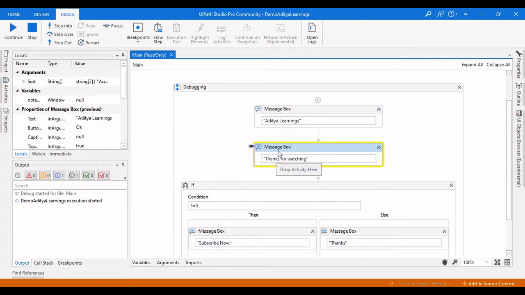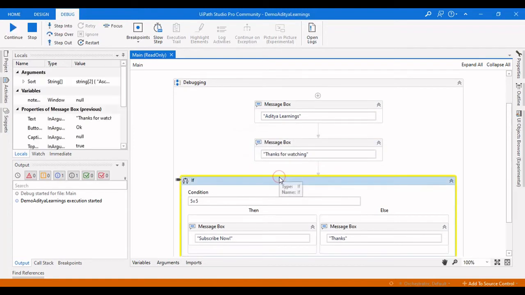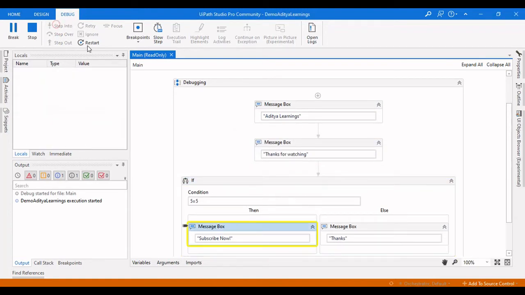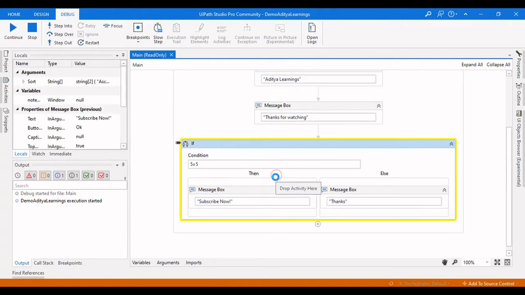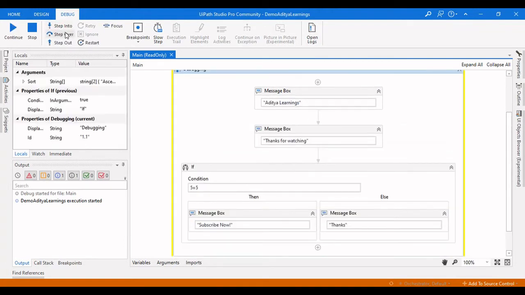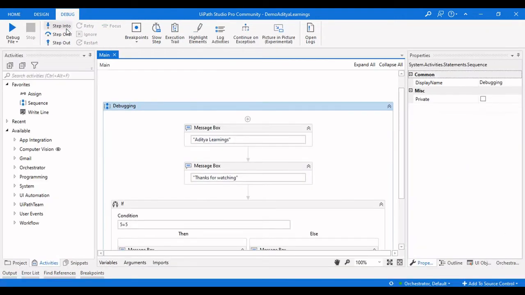It is correct, so it is going to the next step. If you click on step into again, it will check this particular activity, and if that is fine, then it will go to the next activity and then the next activity. Now it came to the initial step, and it will come out of it and end this particular process. This is how the step into activity works.